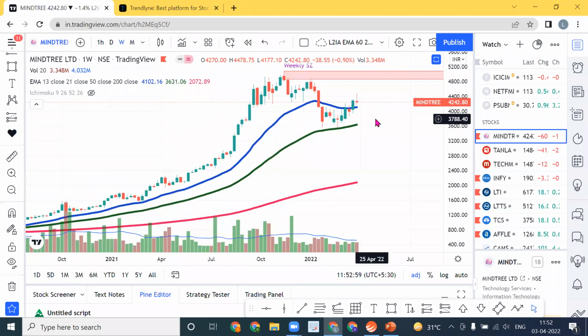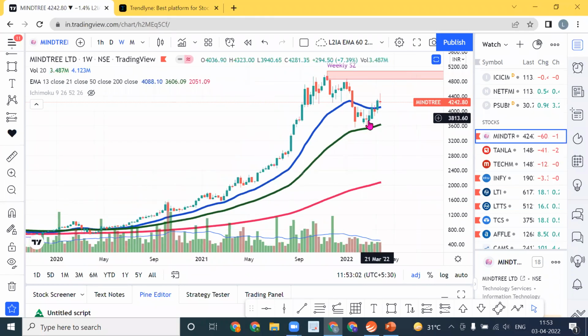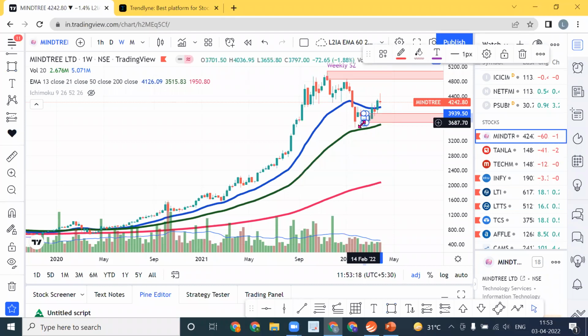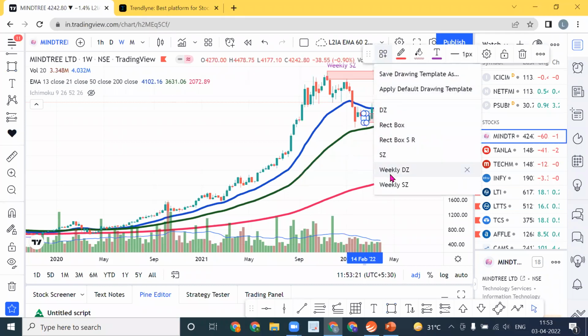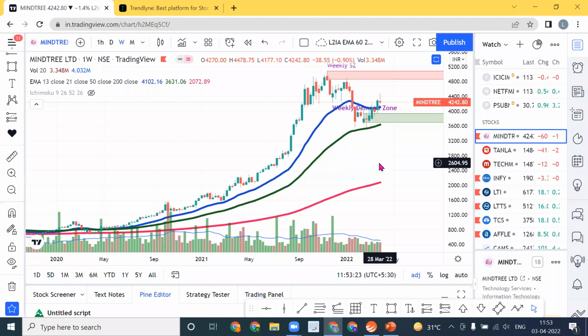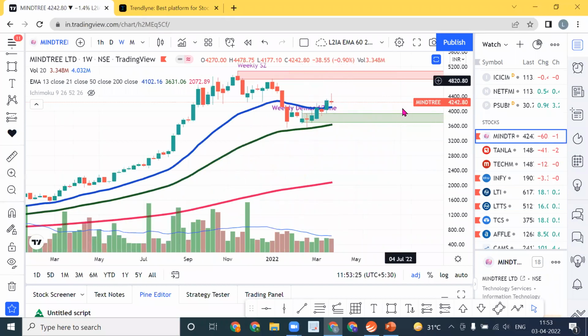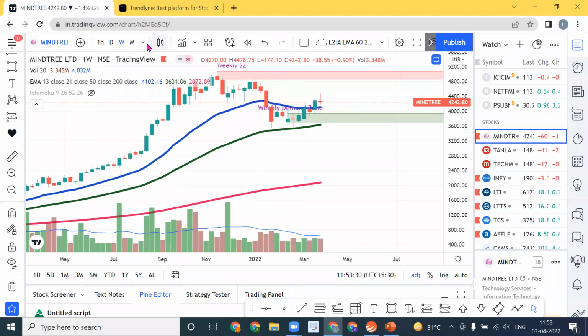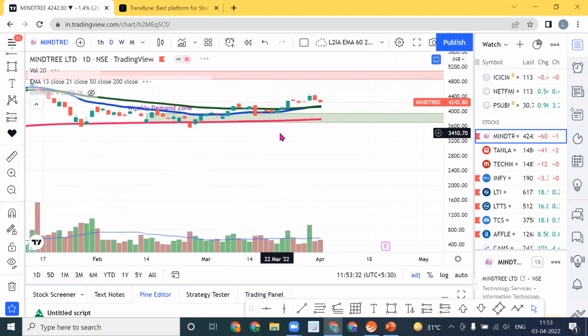What is the lower level? Here you can see 1, 2, 3, 4 candles are formed. Not 4, there are 5. So if you want, you can consider it as a zone, but I would say we'll take only this. So let us consider this region in which the movement will be there. If I say the day chart,